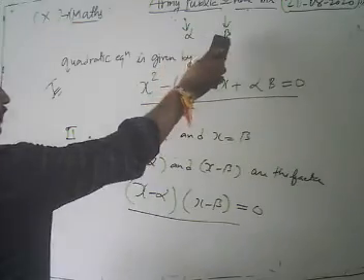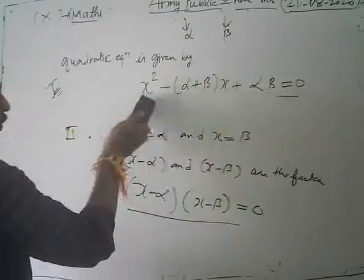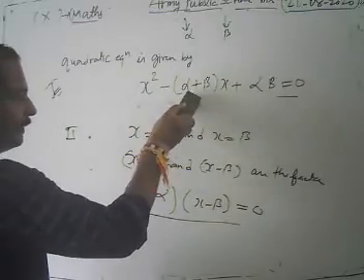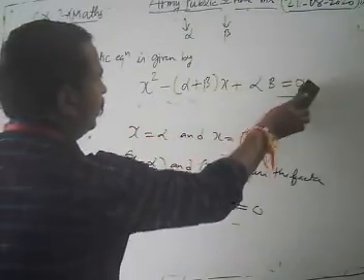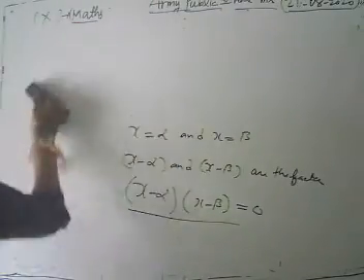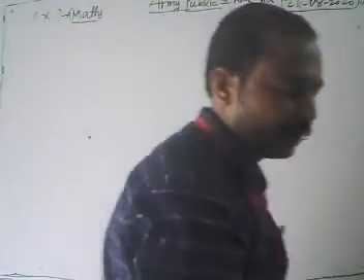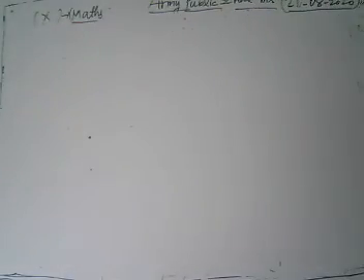We are given two roots alpha and beta. Then to form our quadratic equation, what do we have to use? x square minus (alpha plus beta) into x plus alpha beta equal to 0. Now we are going to do some questions on this concept. How can we form the equation if we are given zeros or roots? If we are given roots, then look up.